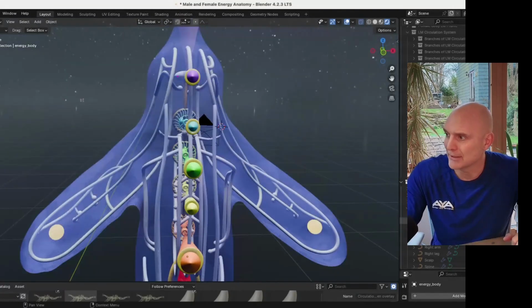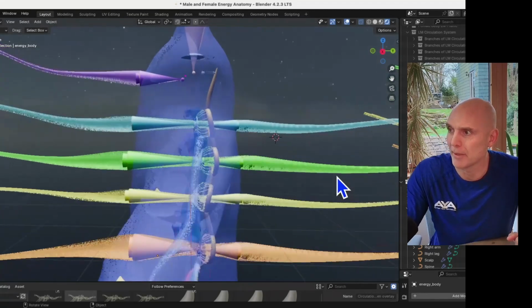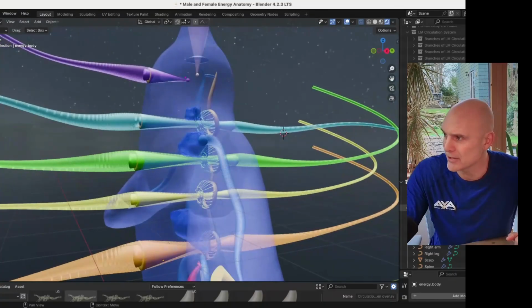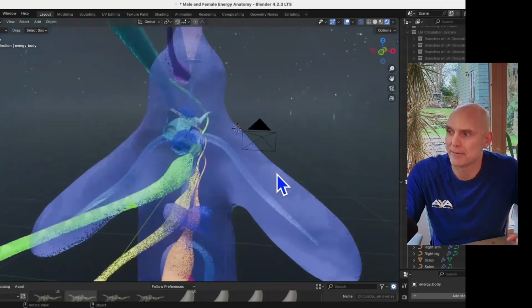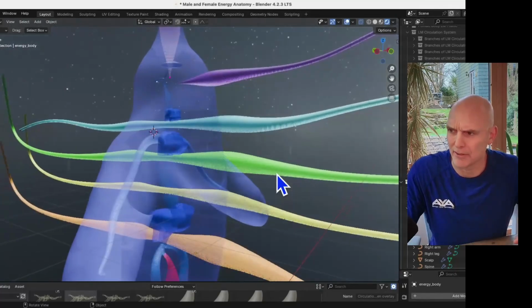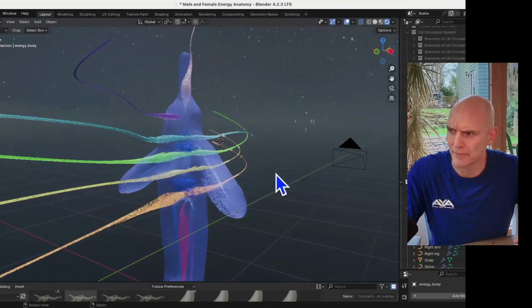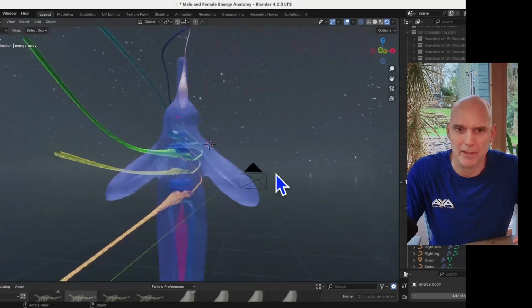Right, so now let's talk about the free flow system, because that's very different. Now I'm going to take off the meridian system so you can see better. I'm also going to take off the chakra system just for the moment. So this is the free flow system. And as you can see, the chakra cords are part of the free flow system. I'm going to look at it in detail, don't worry, but as an overview,